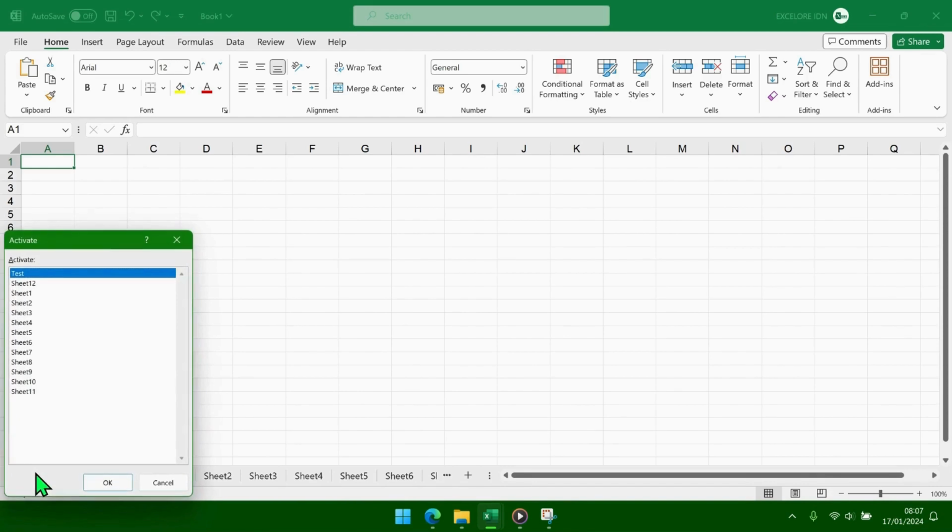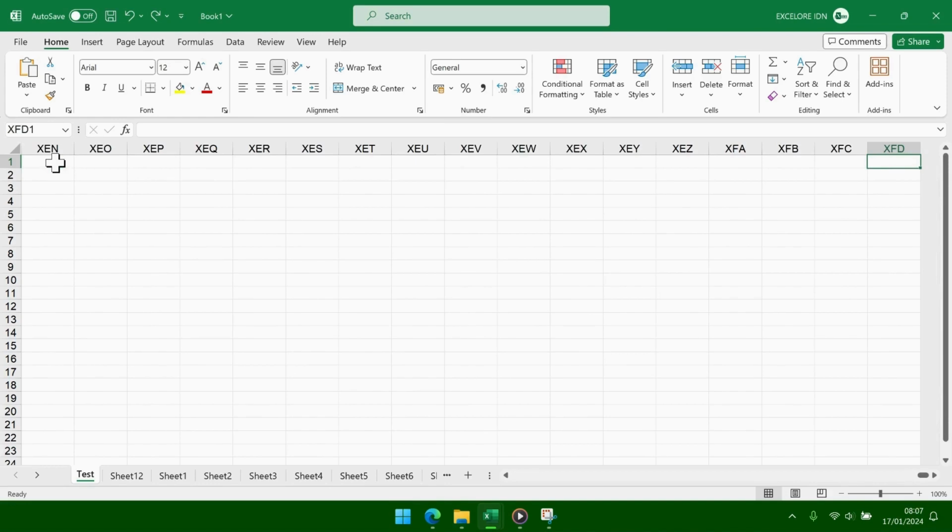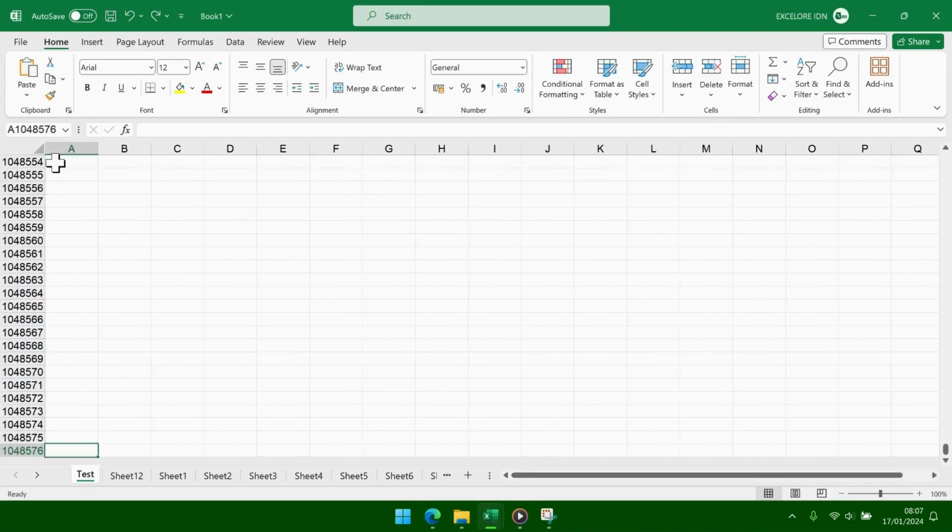And we can jump from one sheet to another by right-clicking on this arrow area and selecting the desired sheet. A sheet consists of numerous cells where data such as numbers can be entered. If the data is in multiple cells, this collection of cells is referred to as a data range or range. A cell represents the intersection between a column and a row. Each sheet has columns from A to column XFD and more than 1 million rows.